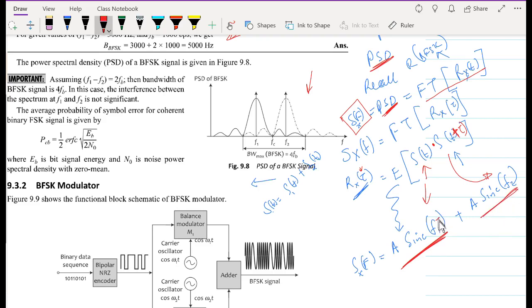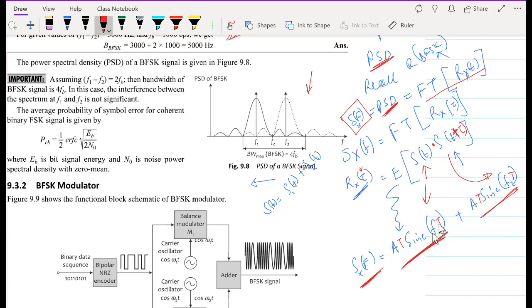So of course there is a T there and a T there. We have gone through how to find the Fourier transform of a rect function, and therefore we are now able to say that our power spectral density is defined by two sinc functions